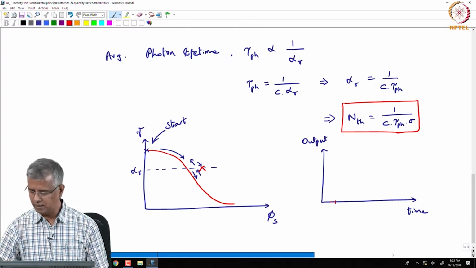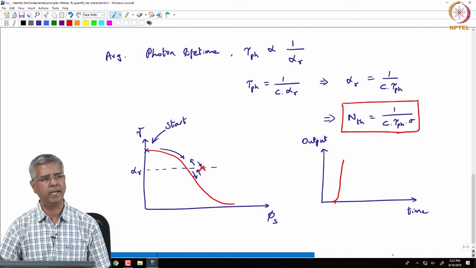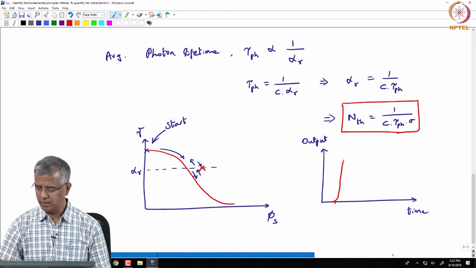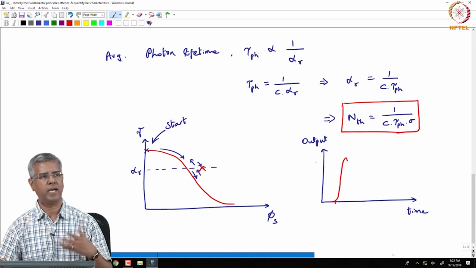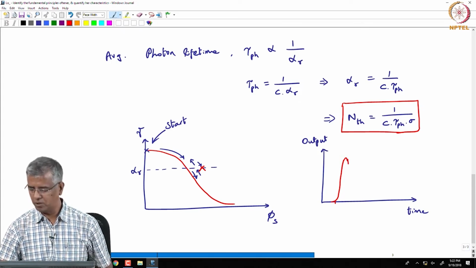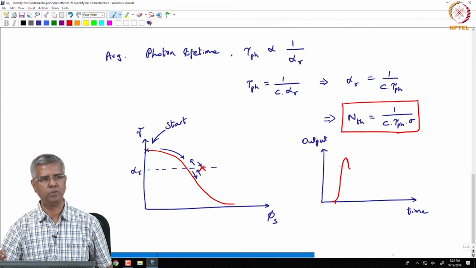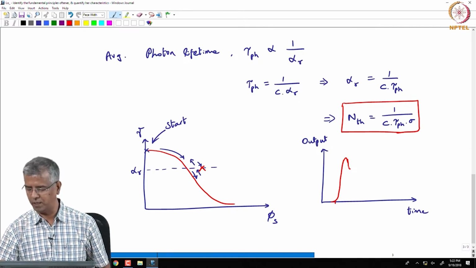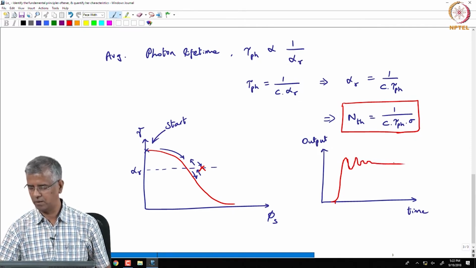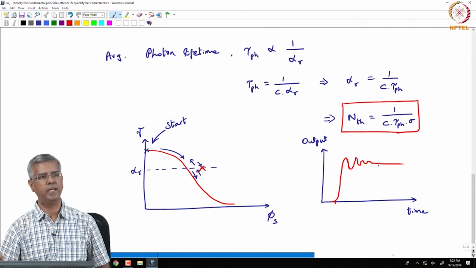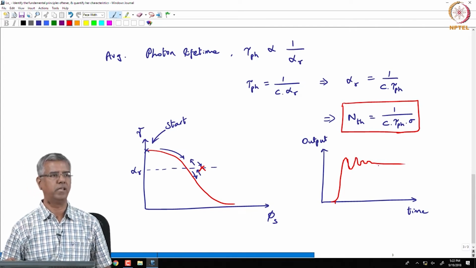Then I am going to have a high output, and as you have the high output, you start to saturate the gain medium. So, you are going to come down, and when you come down, you have fewer photons, so you can actually pick up on the gain. So, you are going to go up, you are going to do this